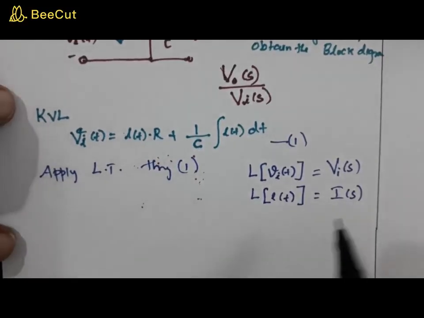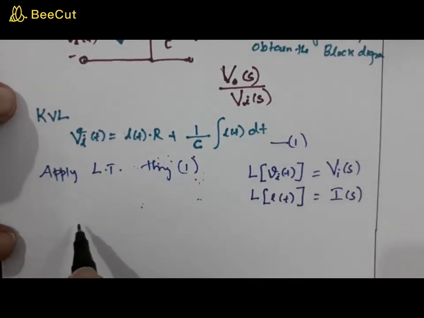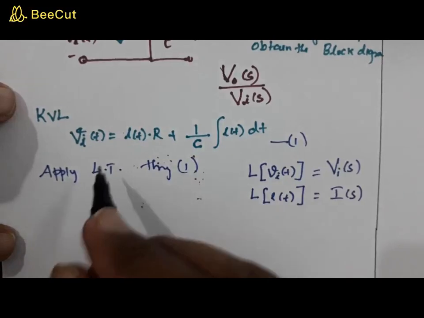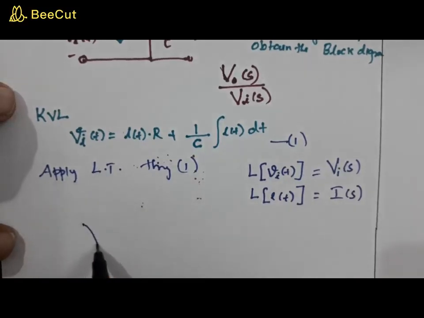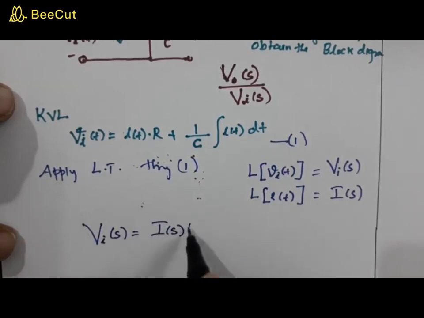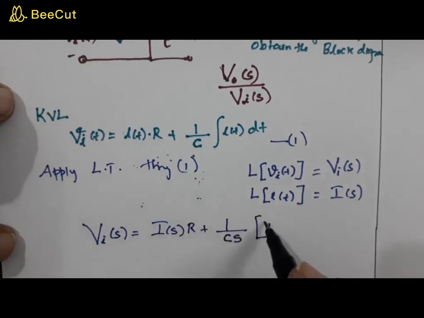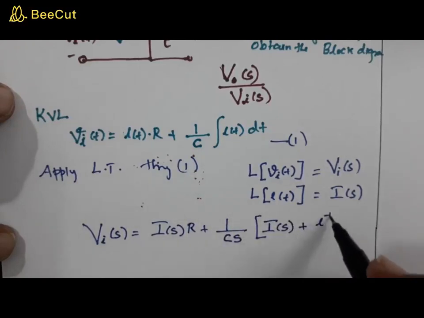Now let's see how to write this equation. When you apply this Laplace transform, you can write Vi of s is equal to I of s into R plus 1 by Cs into I of s plus the integral at 0,